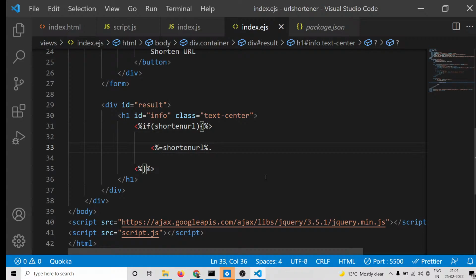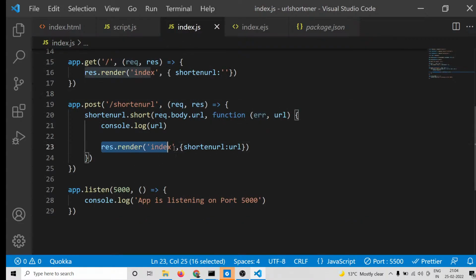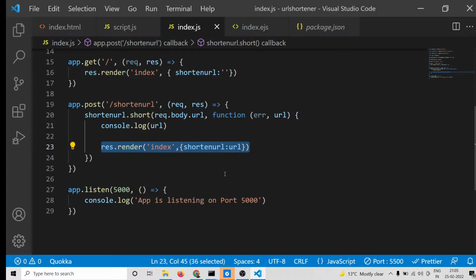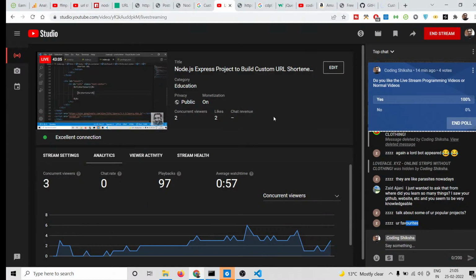So this is the syntax by which you can print out variables that you pass to the template that you define here. That is greater than sign, percentage sign, equal to, followed by the variable that you have defined here, and then percentage sign and smaller than sign. That's it. So now if I try to run this,